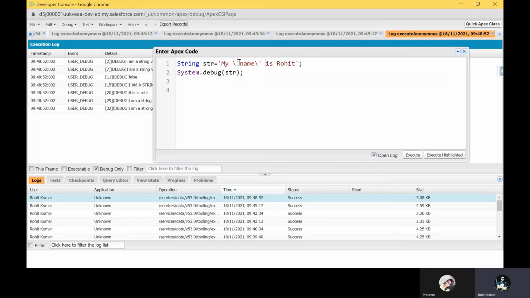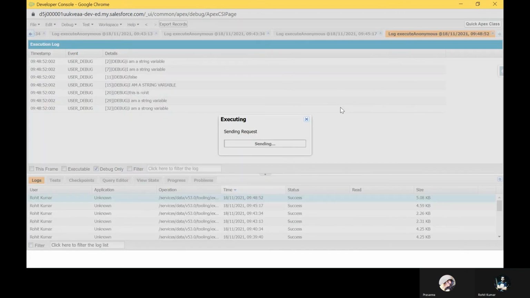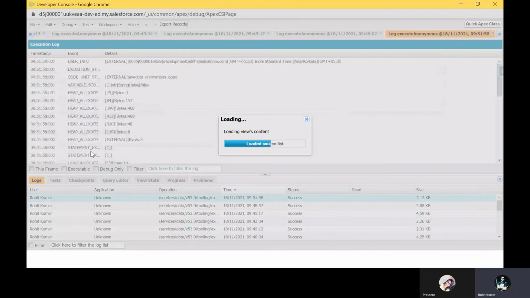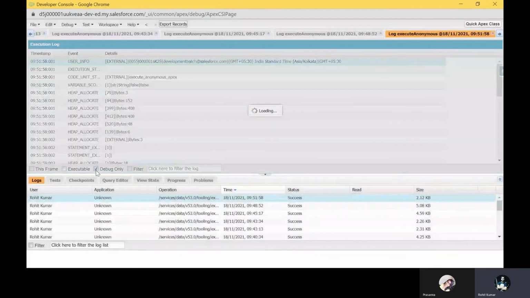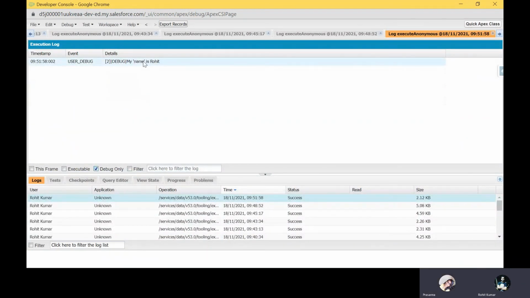So if you want a single quote in a particular string, always use a backslash like that, and print it here. You can see the output: my name is Rohit, with the name under single quotes. If you have a requirement like that, you can use the backslash. Is it clear for you?